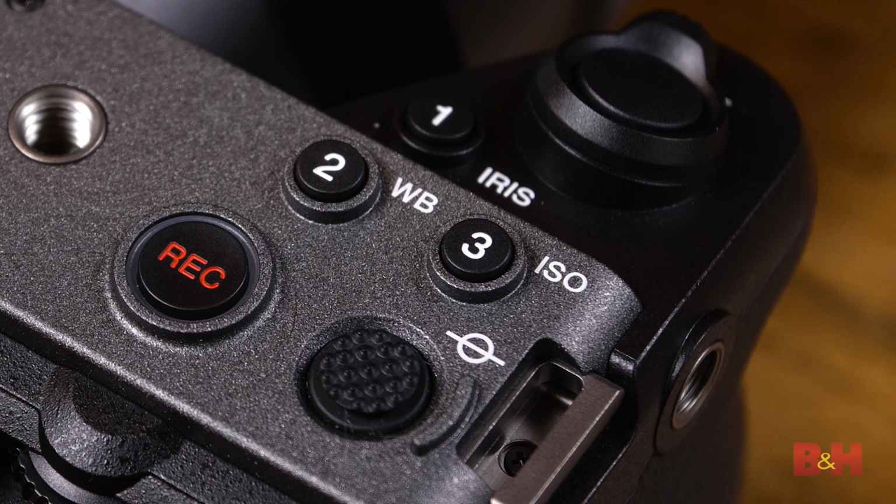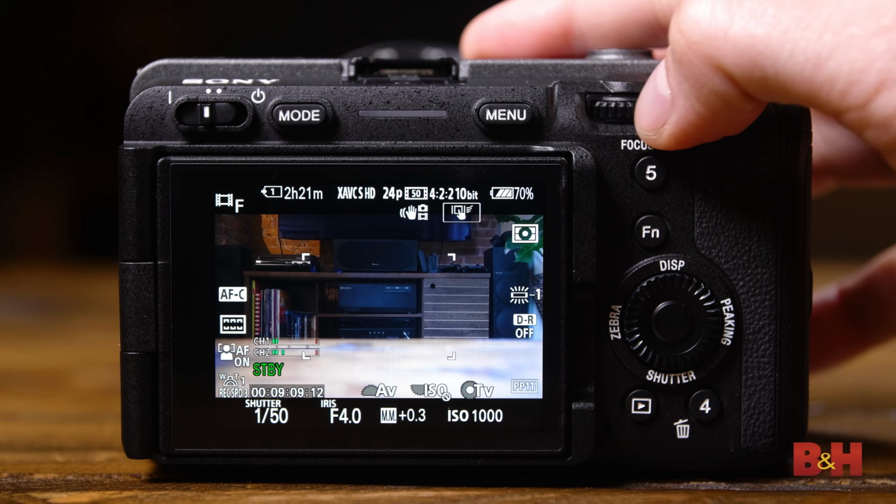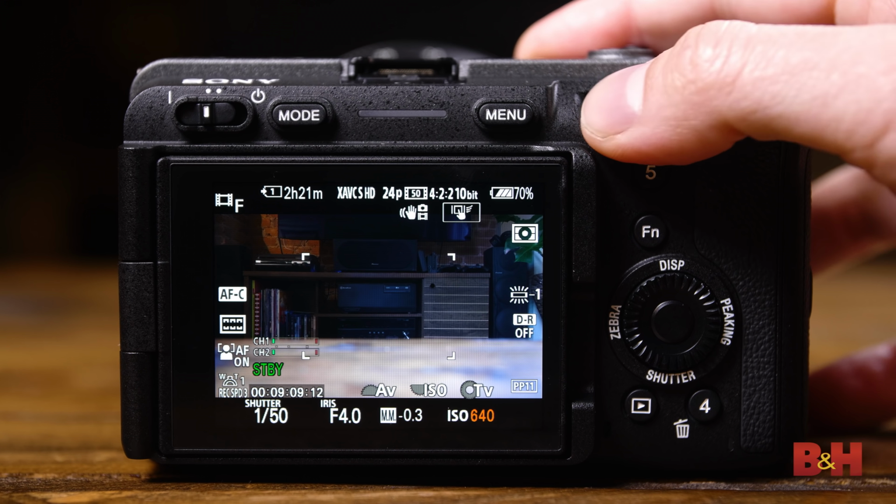There's a lot to the design that we only touched upon earlier that really helps when shooting on the FX3. Here's one of my favorite things. The exposure control buttons for iris, white balance, and ISO provide a lock function. Simply long press ISO, for example, and you can lock ISO changes, which is incredibly helpful on a smaller body